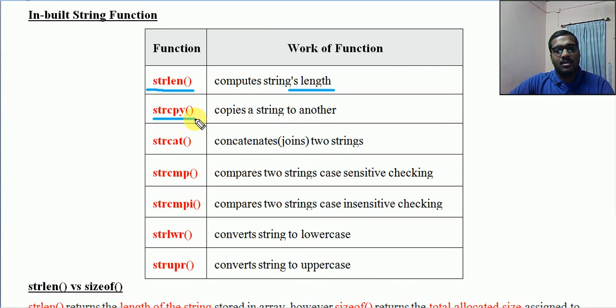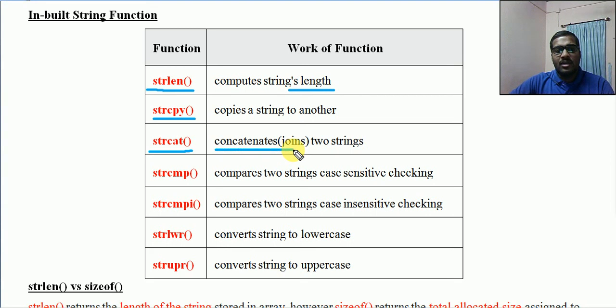strcpy is another important function that is used to copy one string into another string, to copy the content present in one string into another string variable. So if you have two strings and one string has a value, and you want to use the same value for the second string, we can simply copy that by using strcpy. Then strcat is another important string handling function, called concatenation.